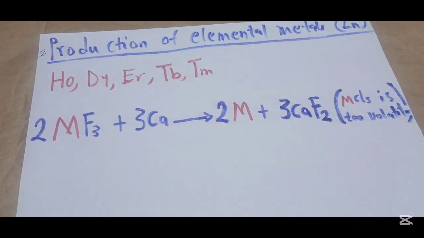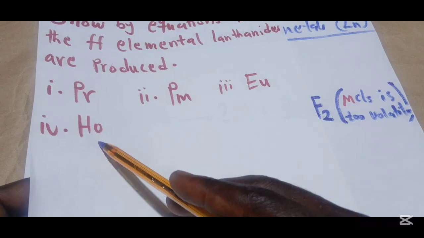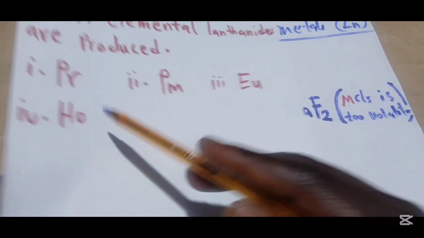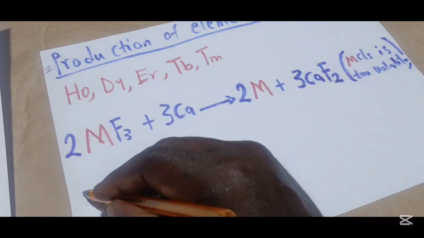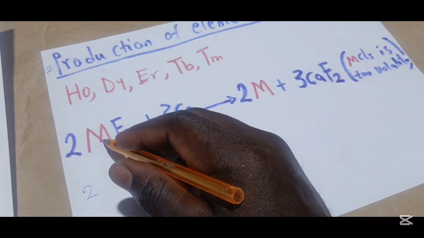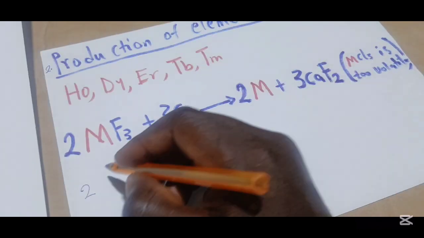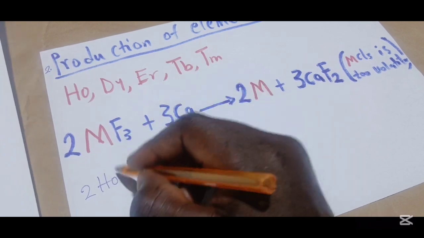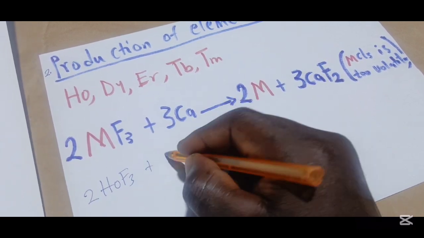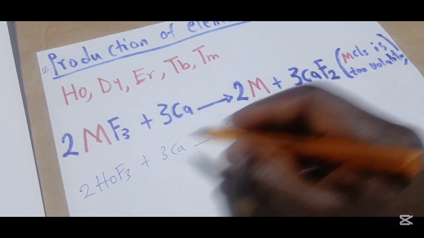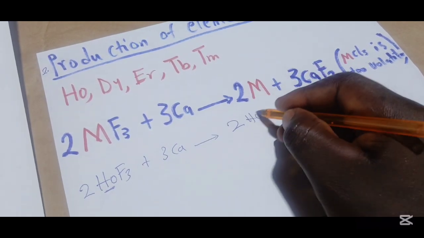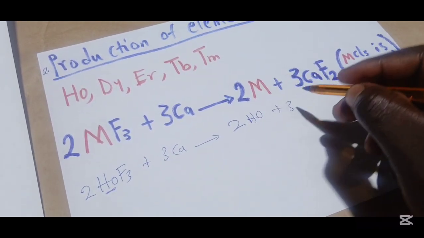So you can see that from the question, we have Ho there, right? So if you are to show how this is produced elementally, keep this equation in mind. So we are writing 2M, and wherever we see M, we replace it by Ho, then F3 plus 3Ca, equal 2M here. We are producing Ho, holmium, plus